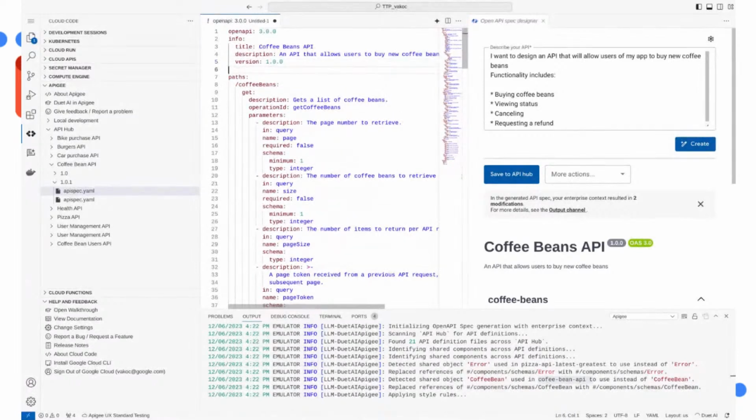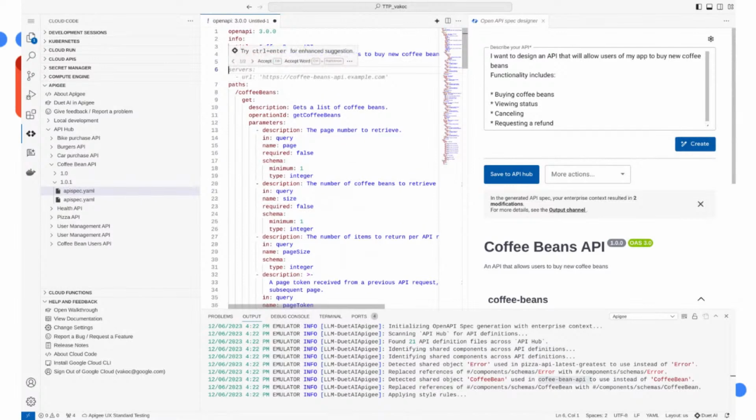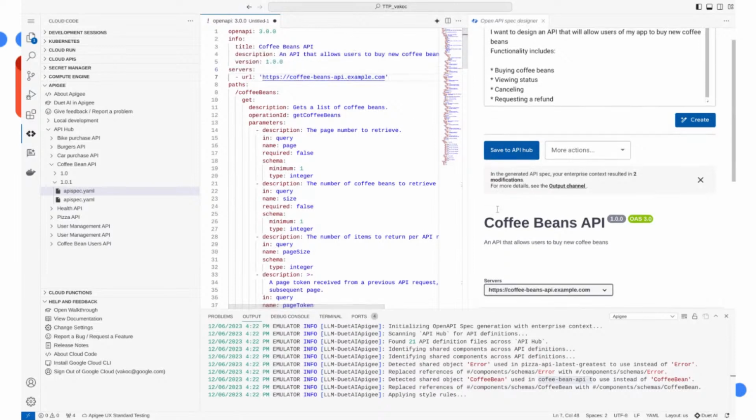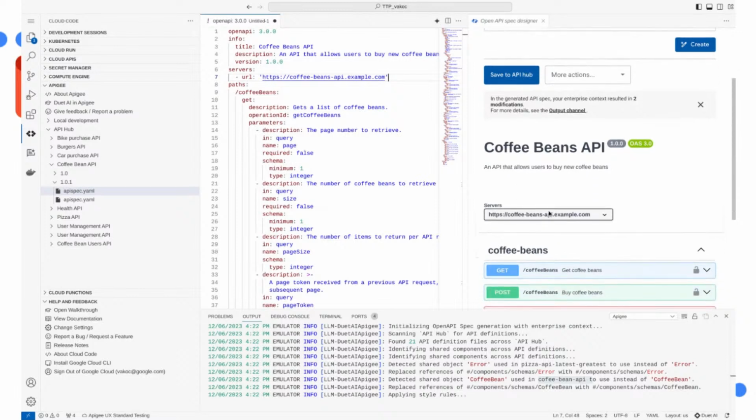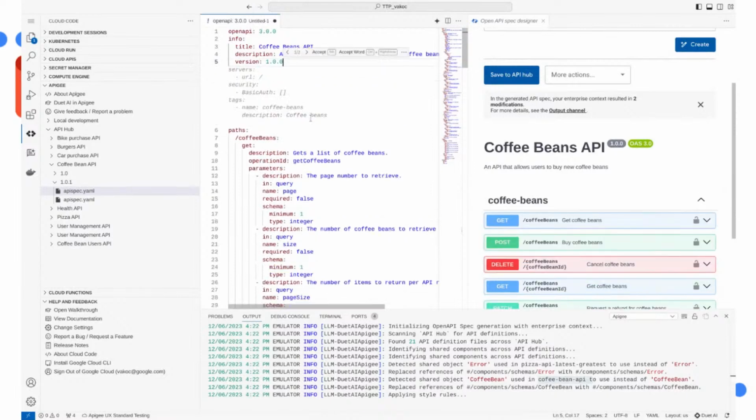I can just start editing this file. And what you can see here right now is Duet AI itself already knows what I might be wanting to do and adds a server URL for me, right? I can edit the server URL if I want to, but just like that, it's available for me in this API specification. Now I'm going to go ahead and remove this for now.